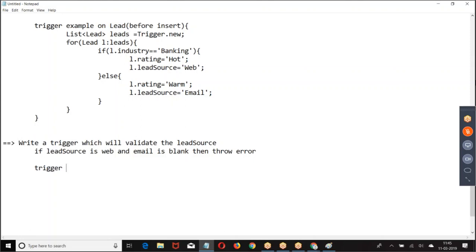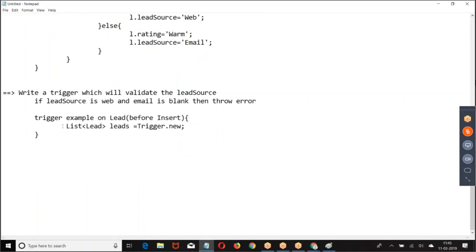Then example on lead, before insert. Then I've taken a list of leads which we are inserting. Whatever leads we are inserting, they are in Trigger.new. Then take one by one lead.